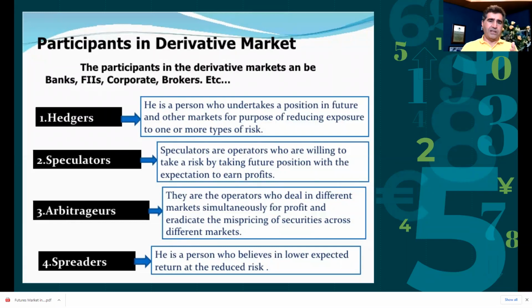And then last but not least are the spreaders, people who actually use the spreads. We've looked at it in options, but it happens a lot in the futures too. So basically they buy something and they sell something else. They use the spread. They could use different assets. Maybe they will buy gold and sell silver, for instance. In the future, we will look at a lot of strategies you could use with spreads. It doesn't have to be the same asset.